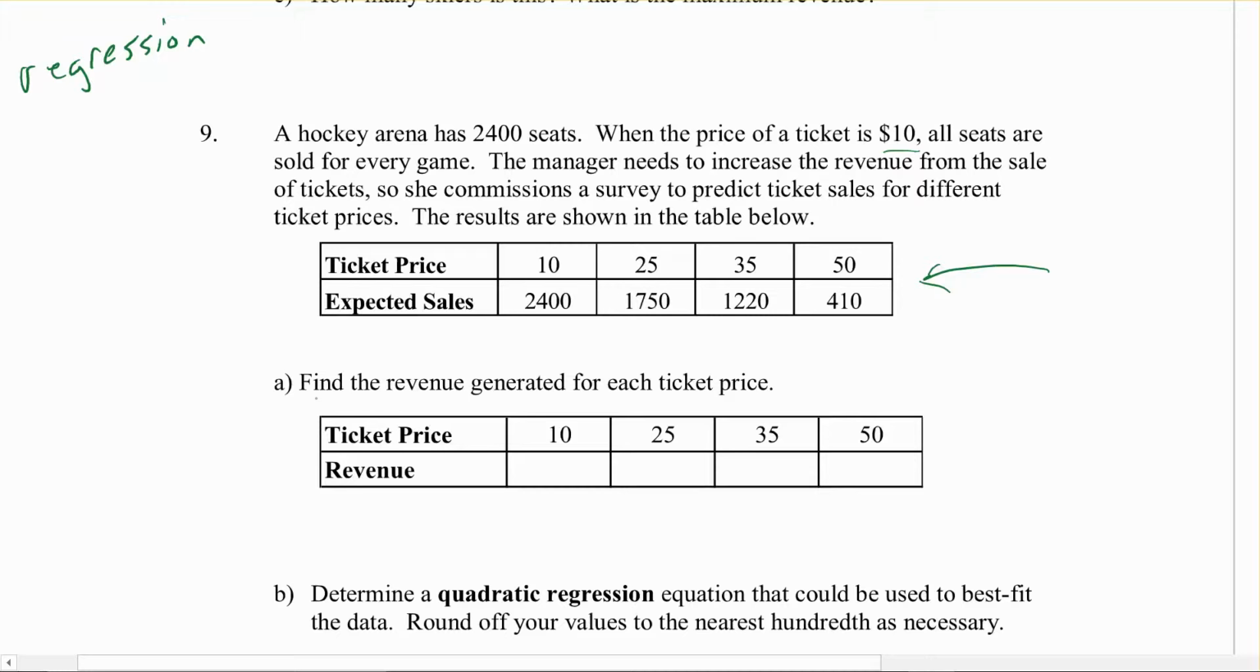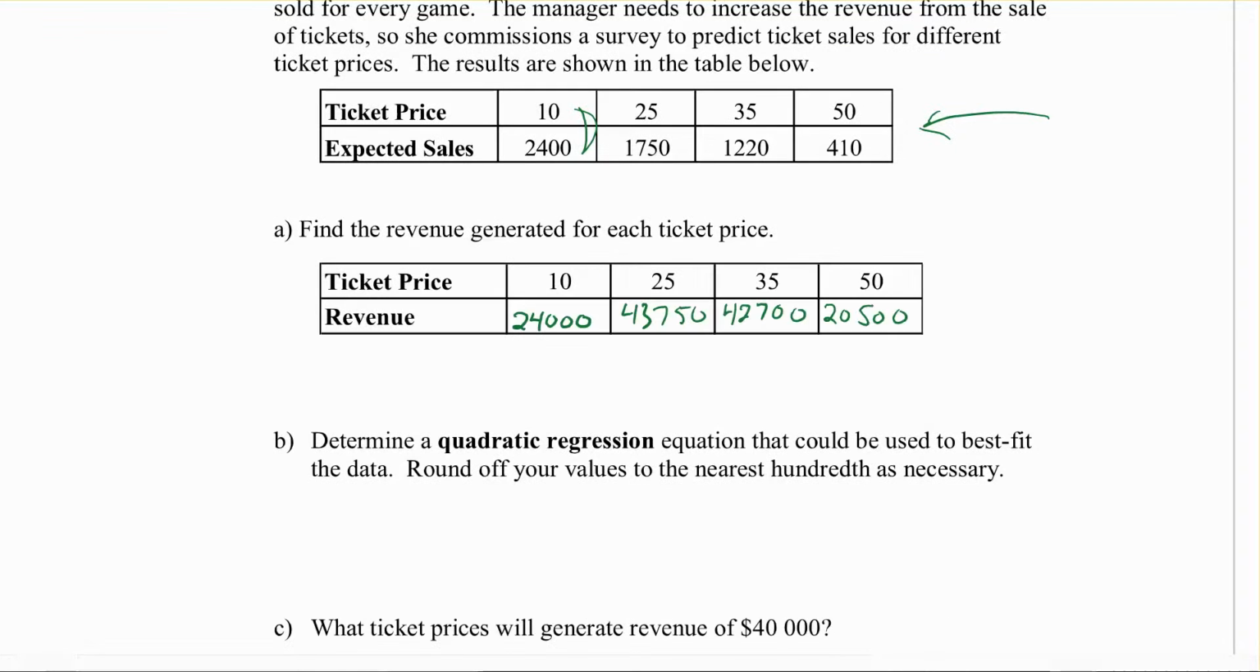Now, the first part says find the revenue generated for each ticket price. So all we need to do is multiply these two numbers, right? Ticket price, $10, times the number of tickets sold or expected sales, so that times that. I'll pause it and fill these in quick. Okay, once you've got those numbers figured out there,